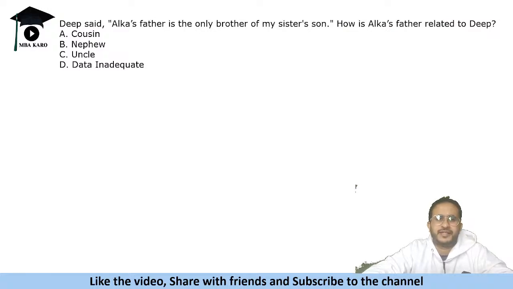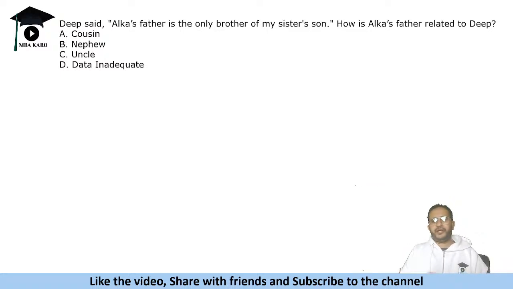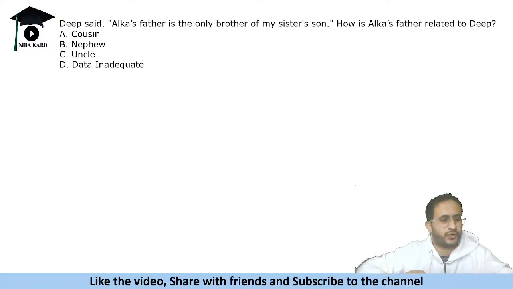Deep said, Alka's father is the only brother of my sister's son. How is Alka's father related to Deep? So, blood relation, either you get, we will do one coded one also. Coded can also be there. It can be like a pointing based. So this is a pointing based. A person saying that this person is so and so, or other could be